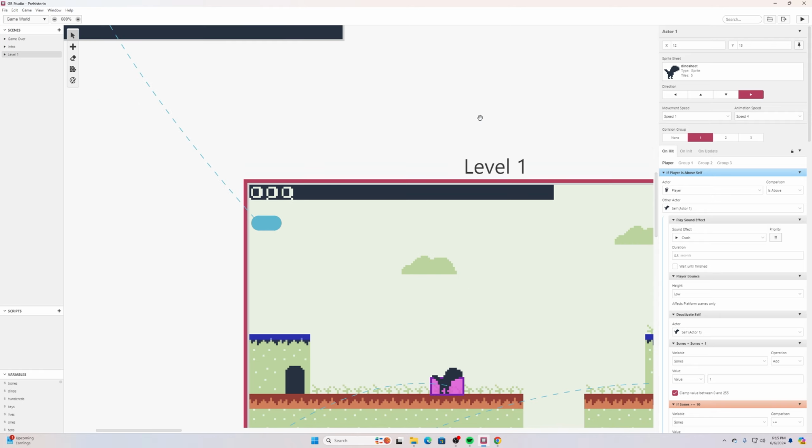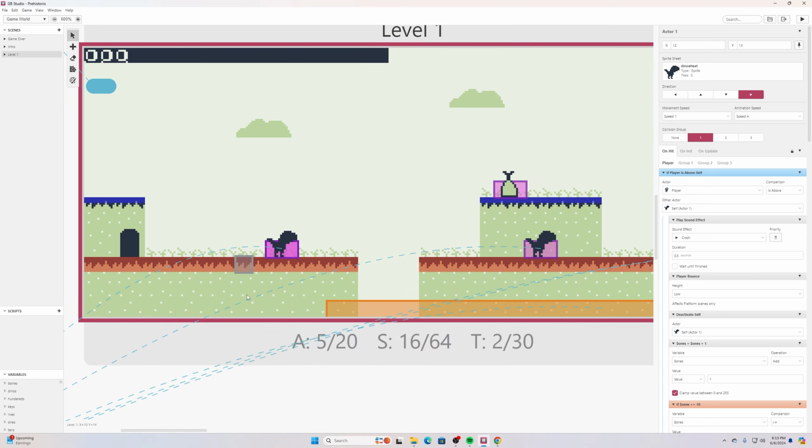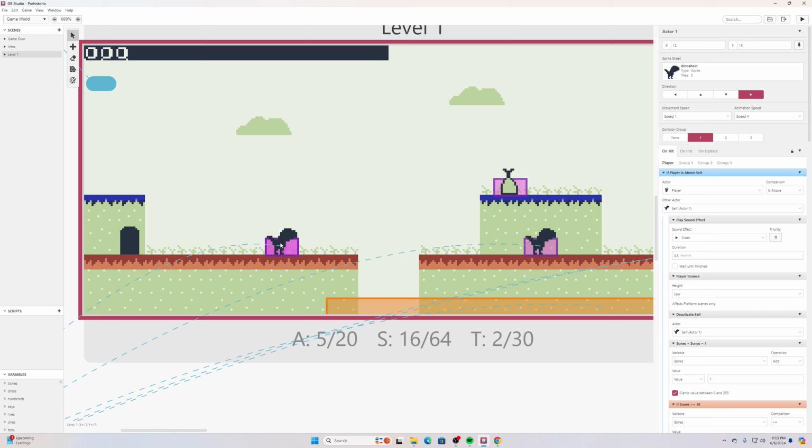All right, that's the setup for this. Now, what I did for this demonstration, I made this dinosaur stand still, and then when I jump on it, it deactivates, disappearing from the screen. It adds 1 to a point, and then after about a second or so, it reactivates and shows up there. So then I can just continue to jump on it to show you how this works. So with that dinosaur selected,